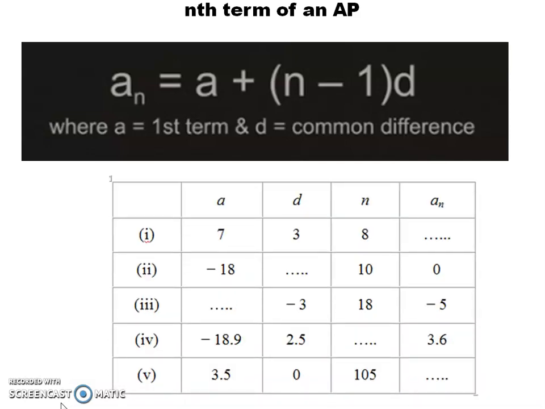These are the various questions which you come across using this formula. You will have 4 quantities. 3 of the quantities will be given to you and 1 quantity will be unknown. Using this formula, you can find the unknown quantity using the 3 known quantities. Clear? The next topic is